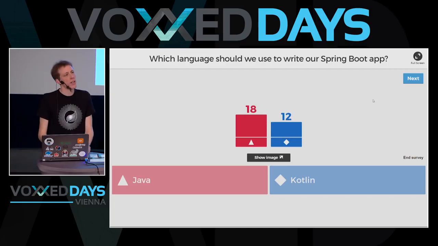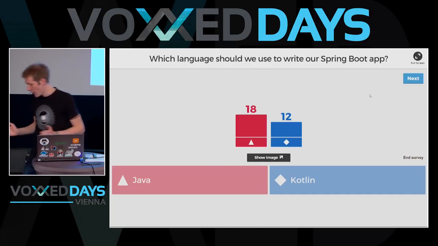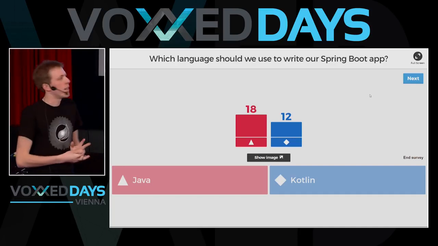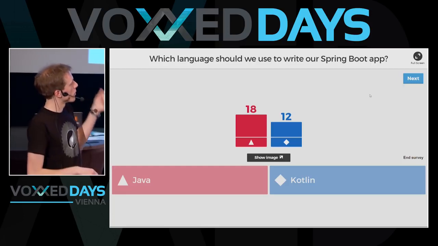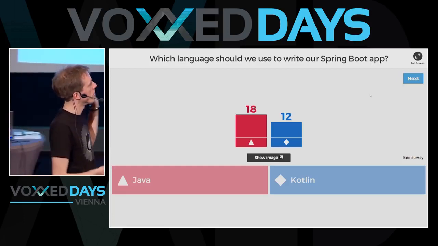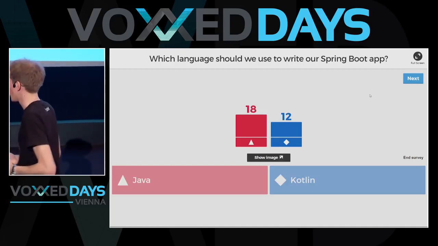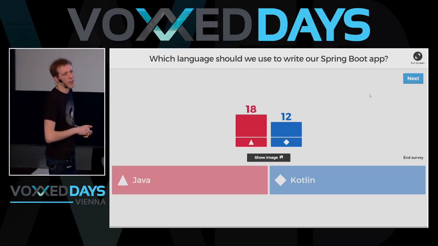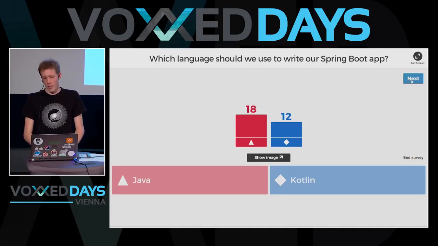I've prepared the Java version even more times than the Kotlin one. But this is really the point, right? When you get started, Spring Boot doesn't really care what you choose, and I care a bit because I had to prepare like 60 versions of the talk. So, don't do this ever if you actually have a life and nice hobbies. Because I did it, you don't have to do it again, right?